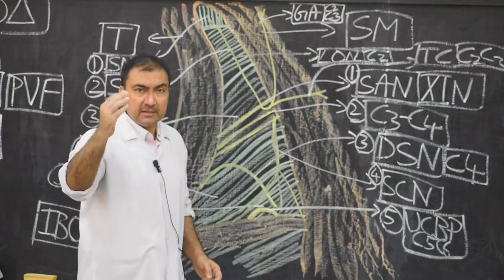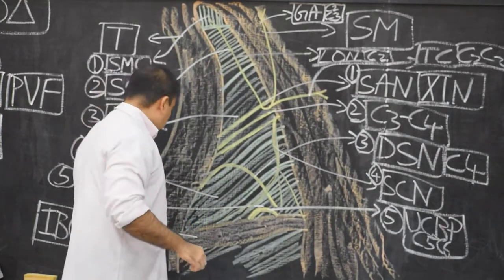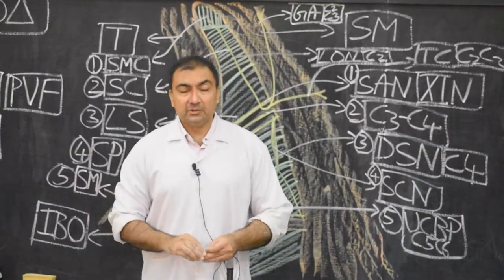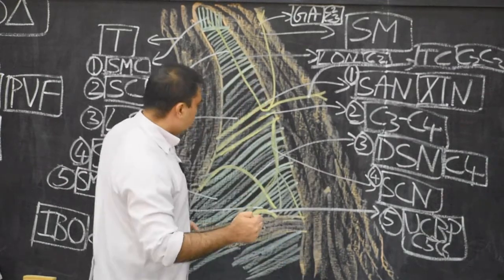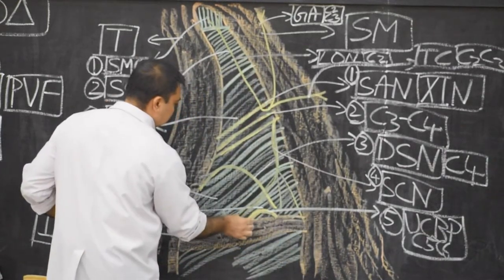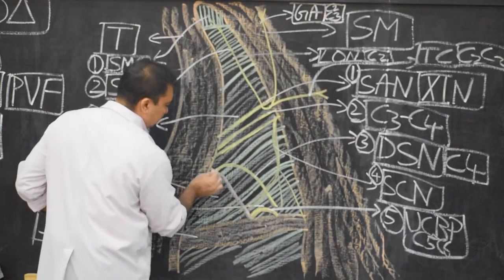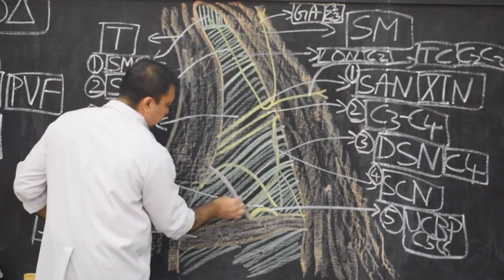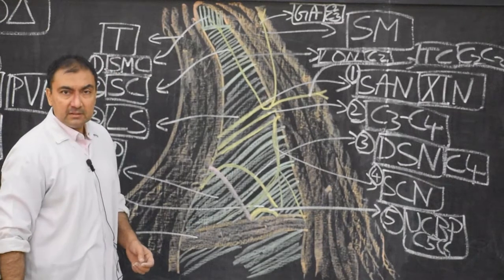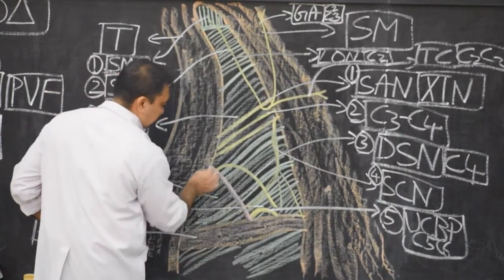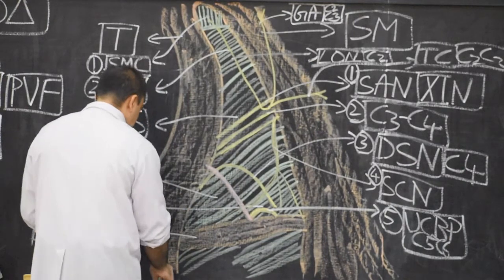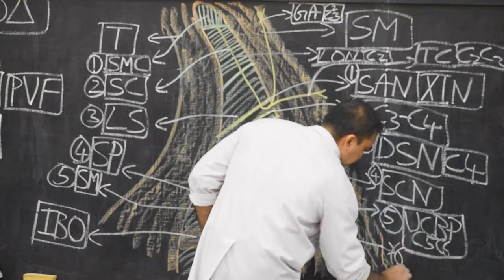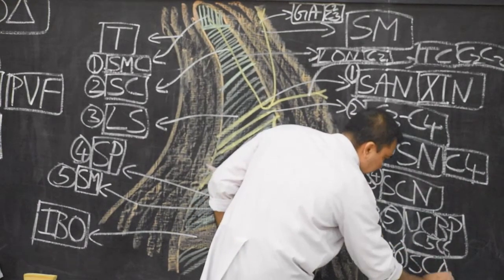In content number 6, we have the superficial cervical artery. This superficial cervical artery will pass upwards, backwards, and will pass deep to trapezius. It will pass in the occipital triangle, but deep to the anterior margin of trapezius. This is the course of the superficial cervical artery. So here we are going to mark this as content number 6, superficial cervical artery.